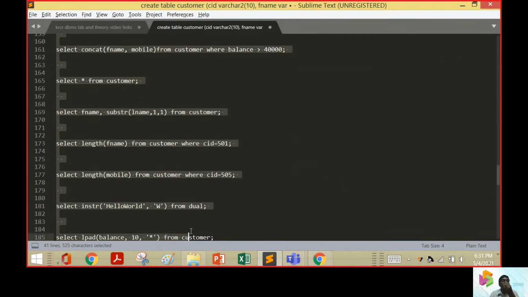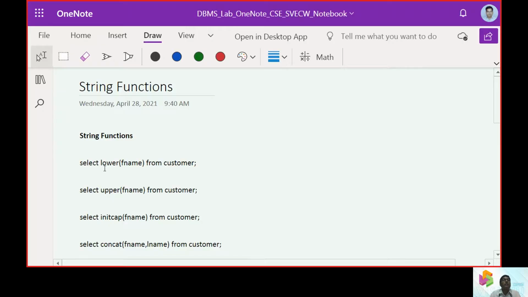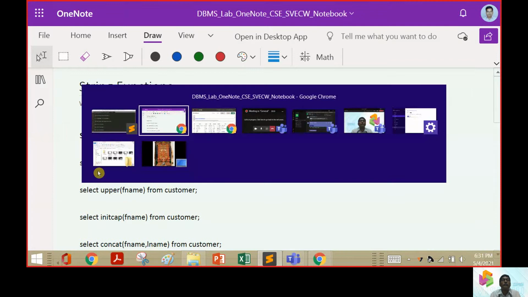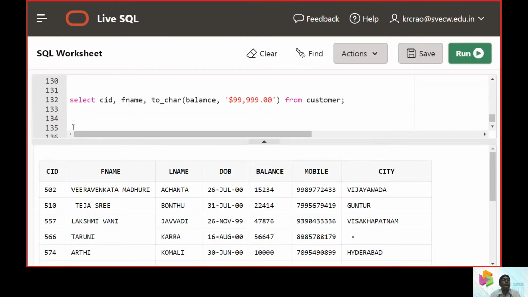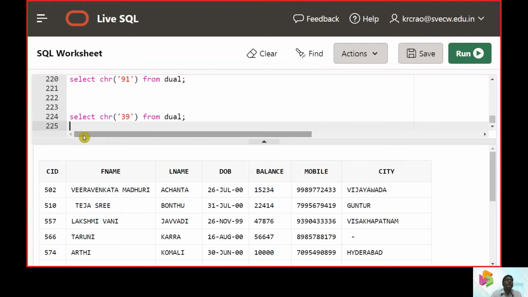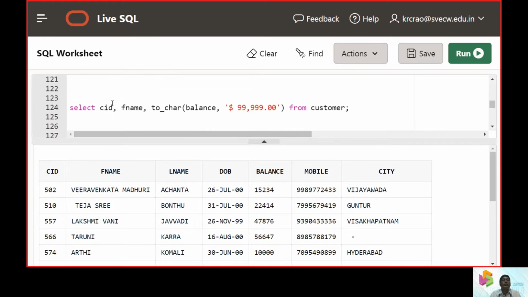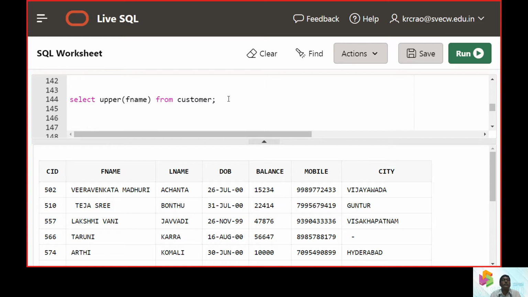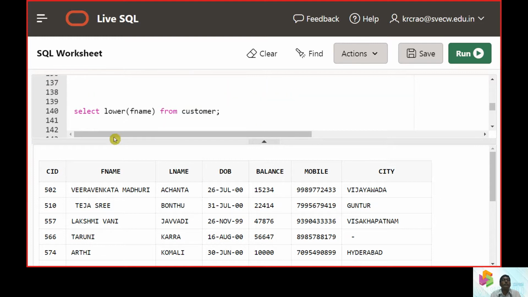Some of the commands we can check here. We will move to the SQL prompt and put up the queries we are expecting. So first of all, we will bring up the values, that is we want them in lowercase.